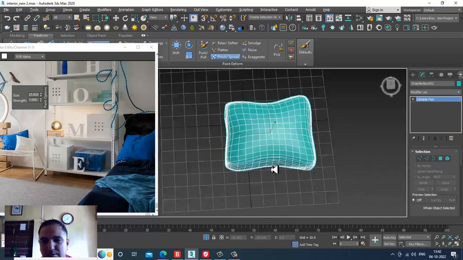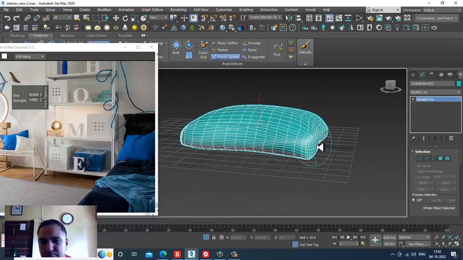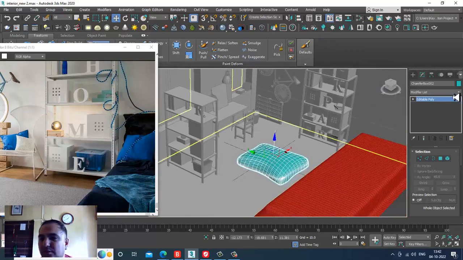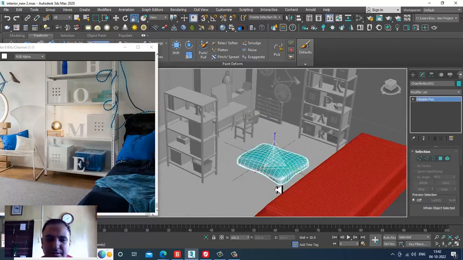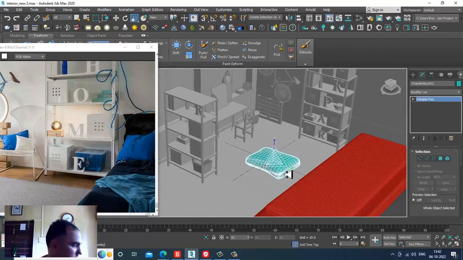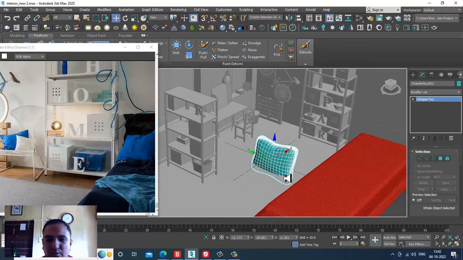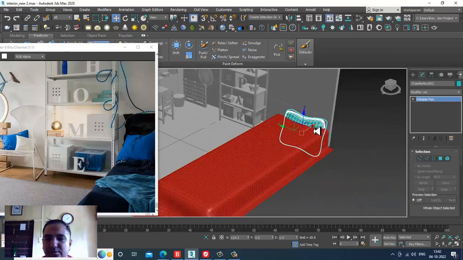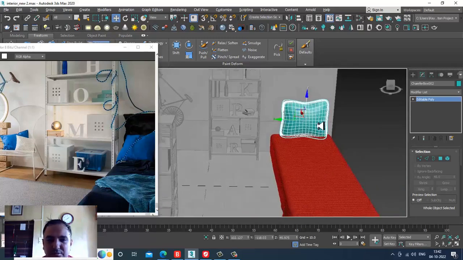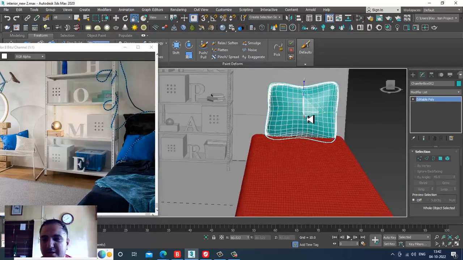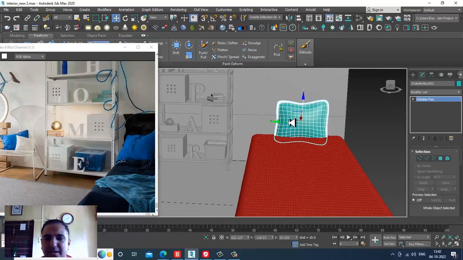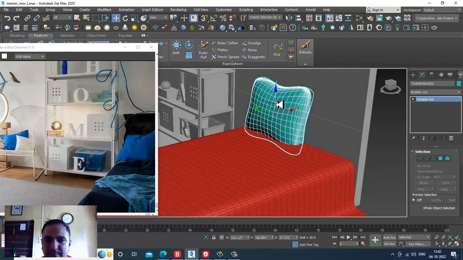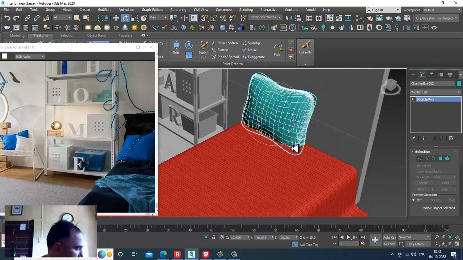So once you're done, isolate this, and again scale this, and I can rotate this over here, and I can put it like this. Okay, it's too big. Let's just make it a bit small over here. Shuffle this up, slightly rotate it,